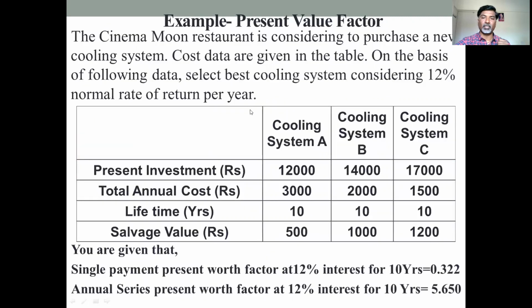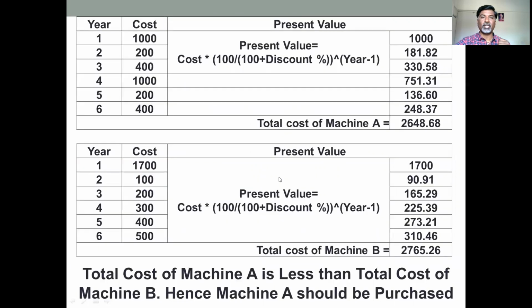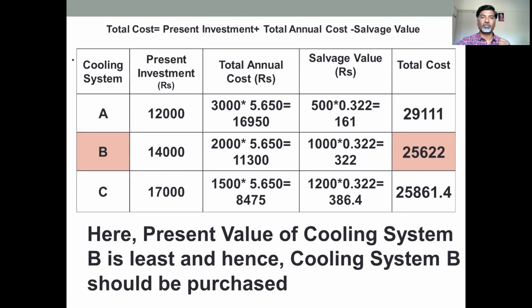Just see in the example, total annual cost is also given, rupees 3,000. Salvage cost they are given 500 rupees. So just put those values and you will get this total cost. Total cost is equal to present investment